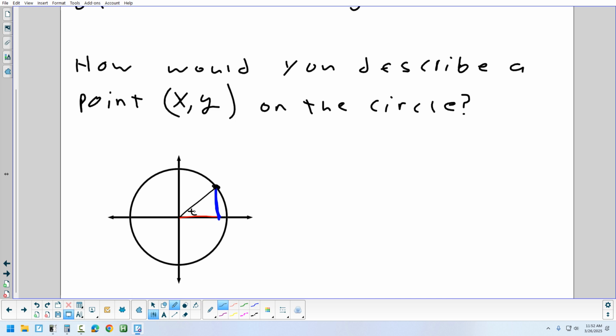That angle would change. So depending on what that angle is, that would tell you how far around the circle you've gone. That's kind of what we did when we wrote complex numbers in trig form. We described it as an amount of rotation, and that's exactly what we're going to do here. Normally when we use a letter to describe an angle, we use a Greek letter. Well, in parametric, you always use the letter T. So just to keep it consistent with the calculator, I'm going to use the letter T to describe the amount of rotation. This side is x, this side is y,